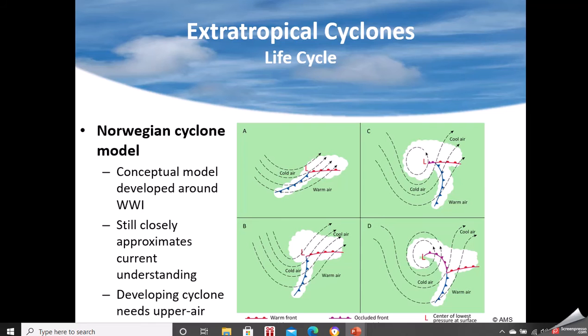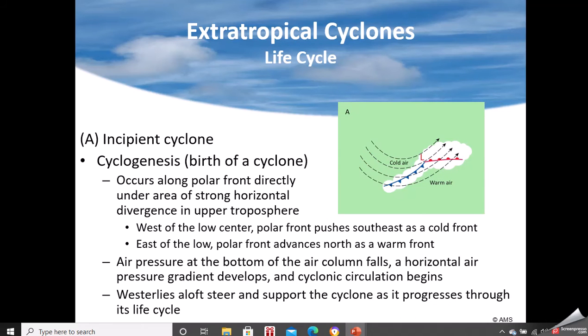This is the Norwegian cyclone model. It's the basis. It was developed a long time ago, but it's a really good basis for how a cyclone develops. What you wind up with in the incipient stage is you have one of your jet streams coming down, and remember, left front quadrant or right rear quadrant of a jet have a divergence aloft. Well, this is in the left front quadrant of that jet. So you have divergence, and it's along a cold front or a warm front. Typically, you'll begin to develop a warm front along them. So you're developing a temperature contrast. You're getting frontogenesis in here.